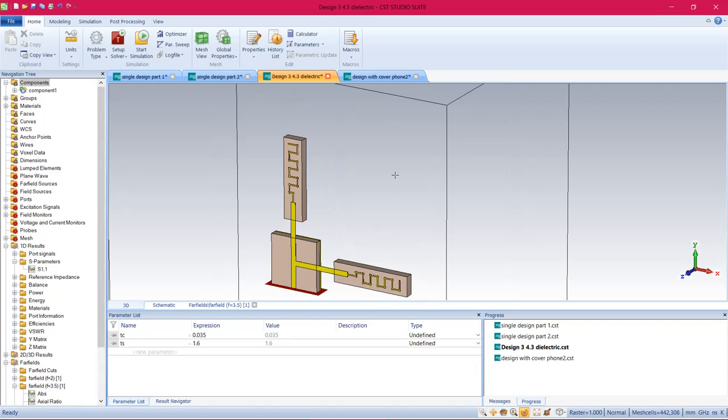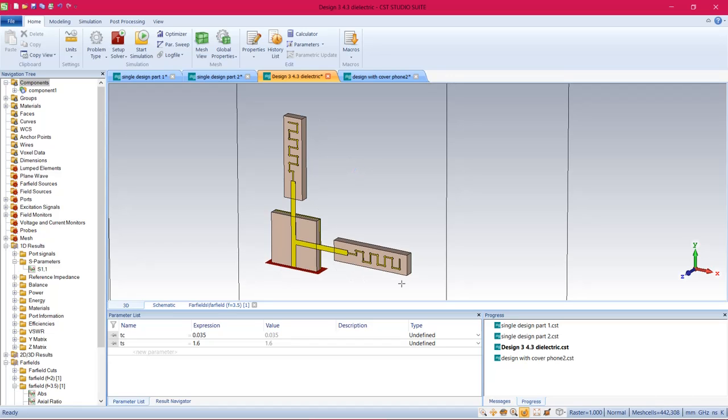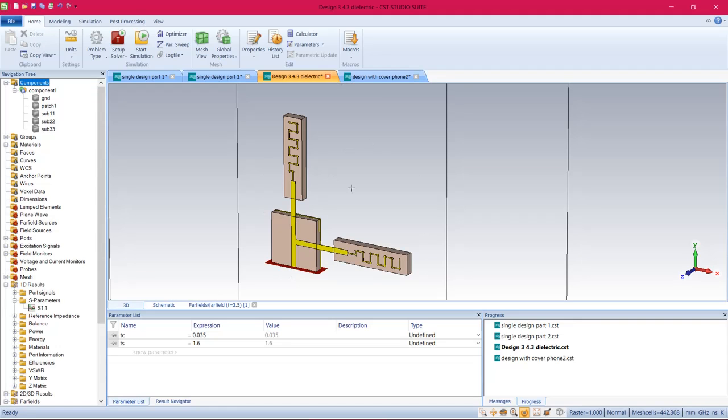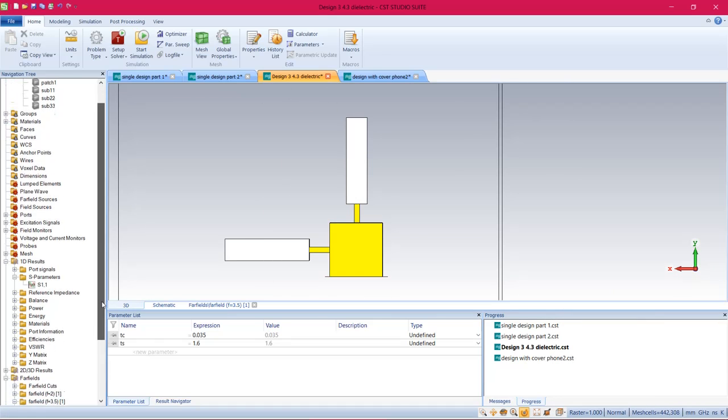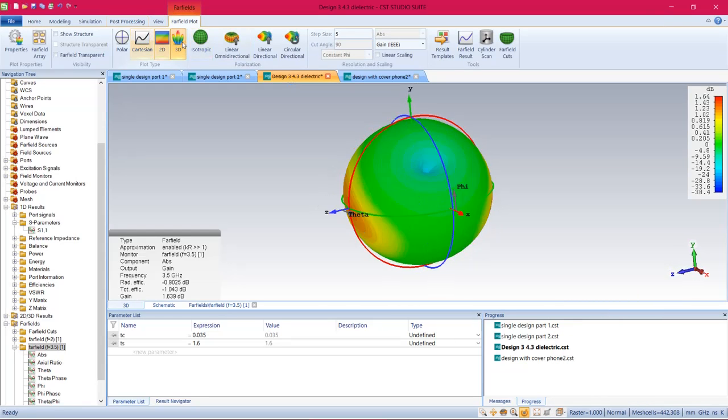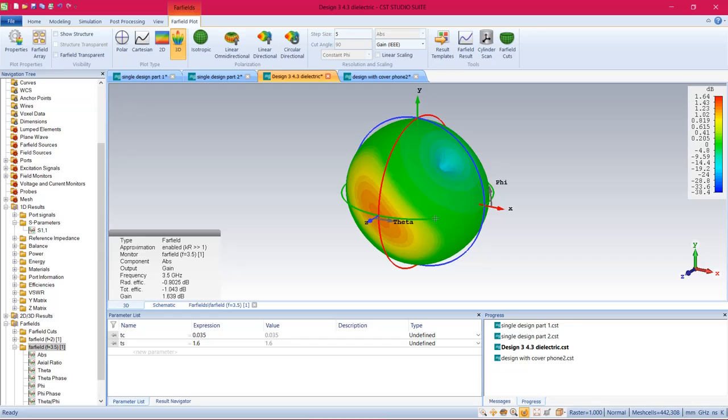For the third design, I combine the vertical and horizontal meander line antenna that fit together with the same substrate. I am using FR4 with dielectric constant 4.3 for the substrate. Here is the perspective view of the antenna and this is the back view. Next, I will show you the far field radiation pattern in 3D form. Here, we can see that the antenna develops a bit slanting polarization when they are combined together with gain 1.639